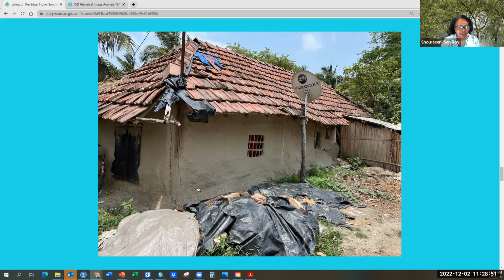So the government is actually giving money to the local residents to convert their houses to brick houses, so that they can be more resilient to storm surges and hurricanes. But there are a lot of restrictions. When I talked to some of the residents, they mentioned that it depends on your political affiliation, which party you voted for. If you didn't vote for the ruling party, you don't get the money.